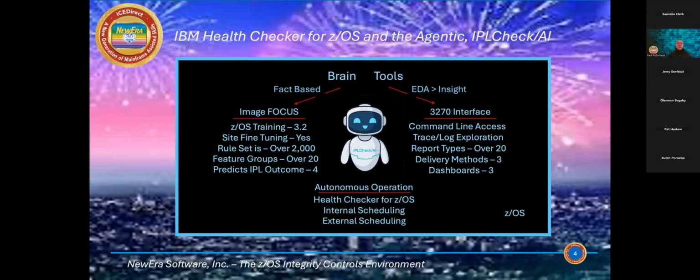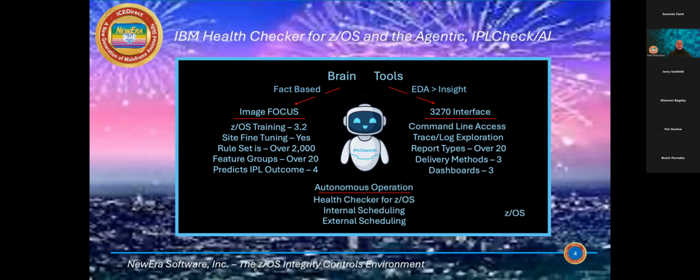It needs a brain and it needs some tools. The brain is actually image focus. It's trained to support 3.2. It can support fine tuning. You'll hear me refer to those as weights that you can adjust to groom the AI to fit your own